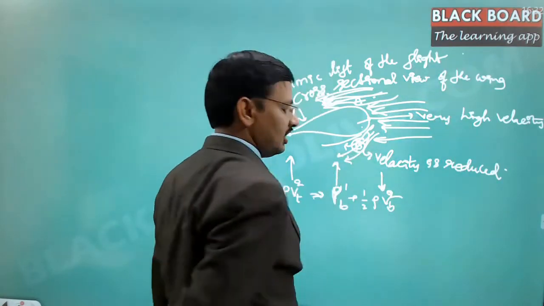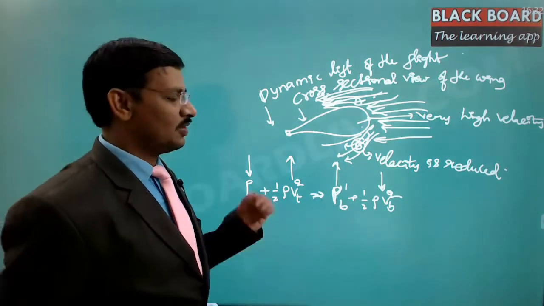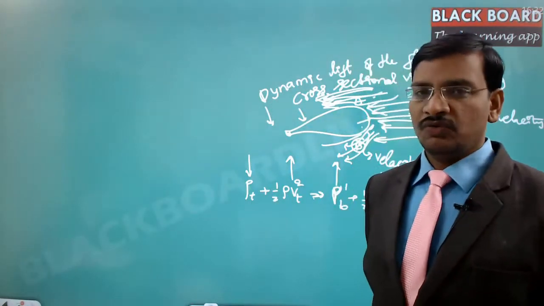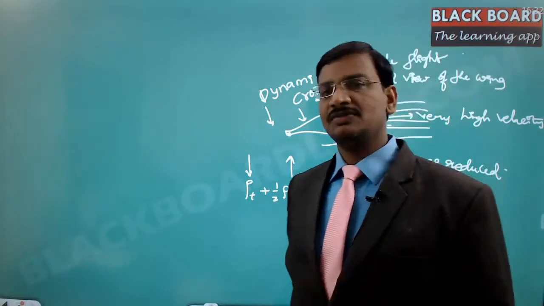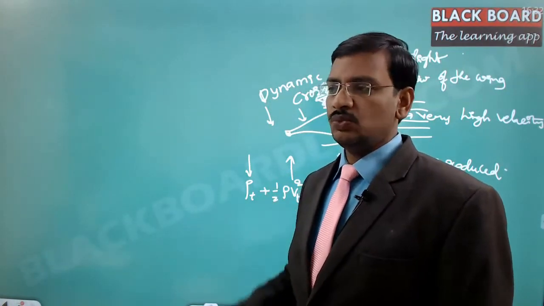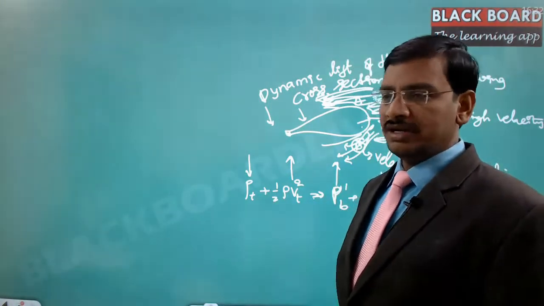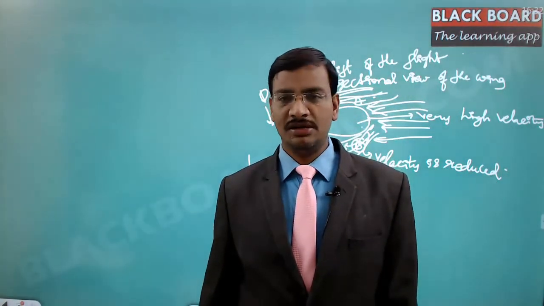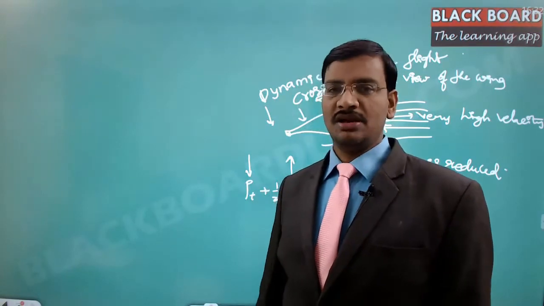Right. So this is another example of Bernoulli's equation. These are two of the greatest advantages that we can think of. We are able to fly just because of Bernoulli's principle, so we can make use of flights. That is one advantage. Another advantage is we can make use of spin balls so that we can bowl a clean ball to the batsman. So that is another advantage.